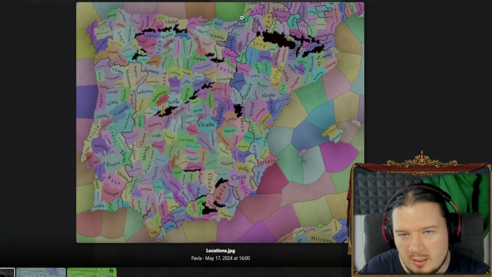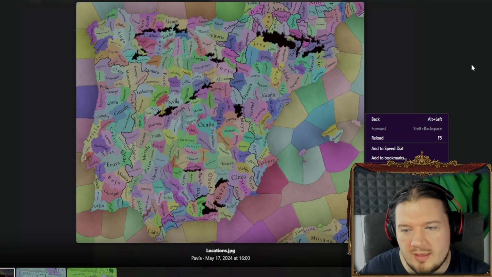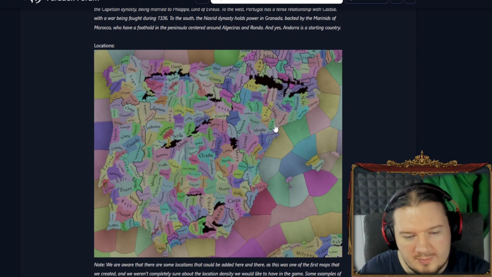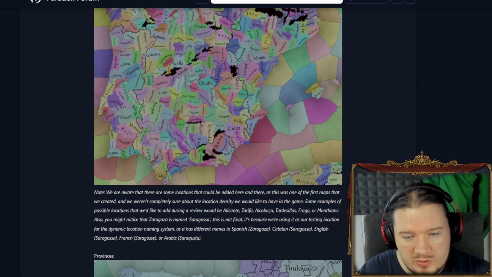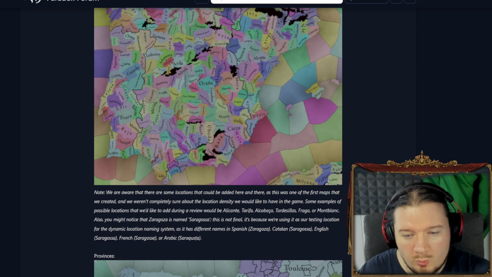Holding just the mountains on both sides, you know, you're going to let gaps through, so you need to also be prepared to protect the internal areas, the passageways through the Pyrenees. We're aware that some locations could be added here and there, and this was one of the first maps that we created, and we weren't completely sure about the location density we would like to have in the game. Some examples of possible locations that we'd like to add during a review would be Alicante, Tarifa,